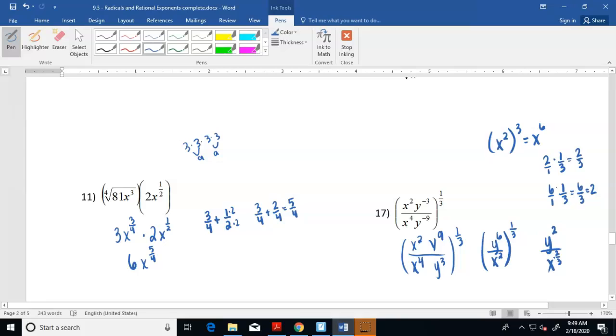I like these a lot better than the other problems. The power to powers where you're multiplying are actually a little bit easier because you don't have to have those common denominators. Okay? All right. This is not your homework. I wanted to do some of this